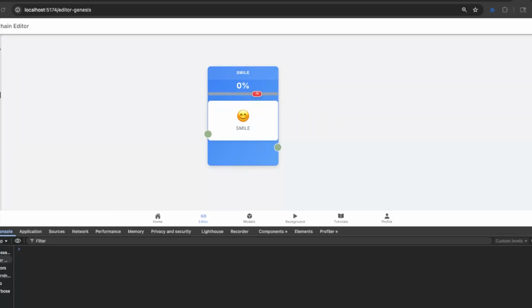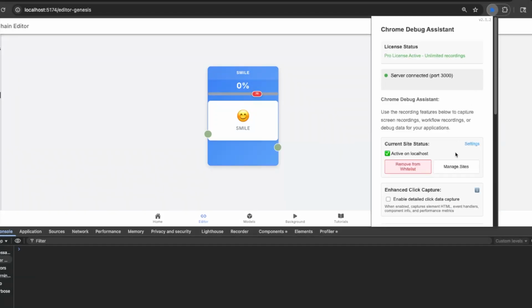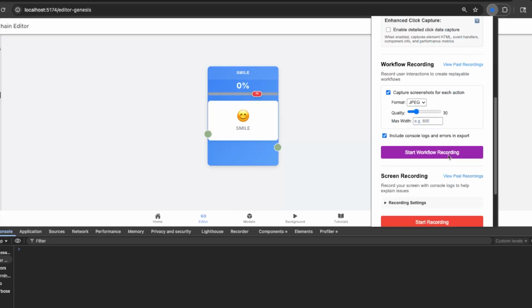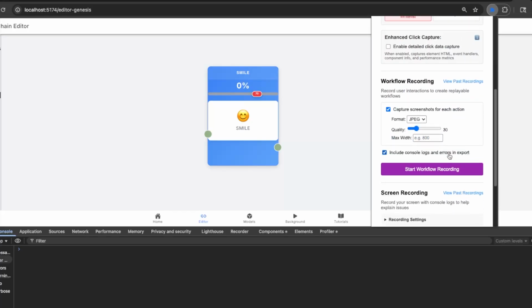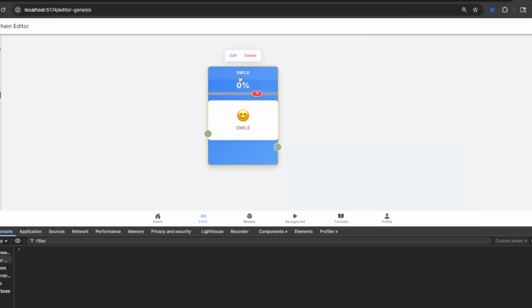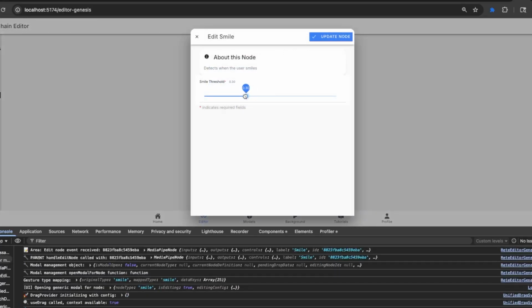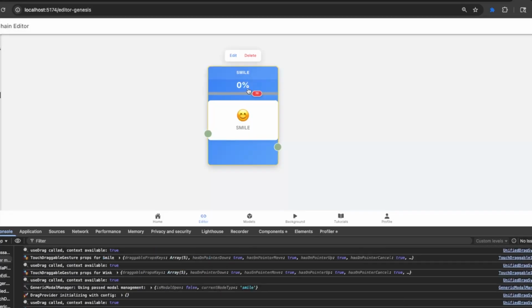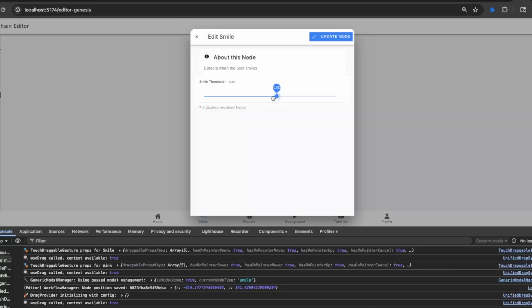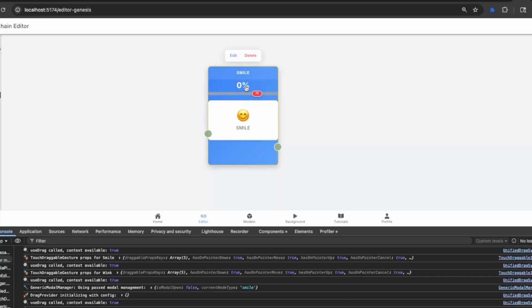Another good use case for the Chrome Debug system is the workflow recording. The difference between workflow and screen recording is that workflow recording only records when you click something, and it tracks all the logs and takes screenshots, if that's what you desire, as you go through the system. In this case, I have an issue where if I click Edit here and I adjust this, it should be updating the node. So if I change this to 40, it should be updating it to 40, but it's